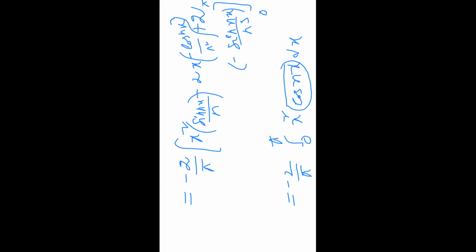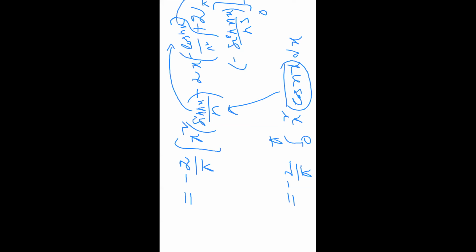The integral of cos nx is sin nx by n. Then it is the first term of the series, sin nx by n. The integration of sin nx by n is minus cos nx by n square, and again the integration of minus cos nx by n square is minus sin nx by n cube. After that, we have to replace the limiting values. The upper limit is pi and the lower limit is 0.